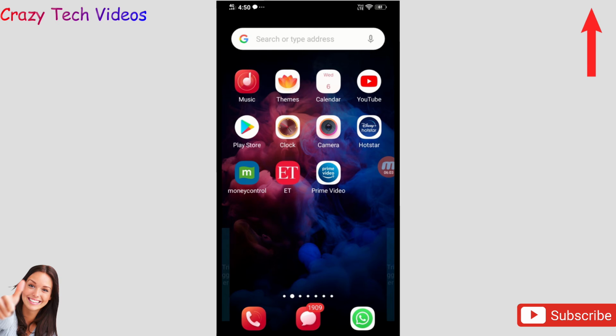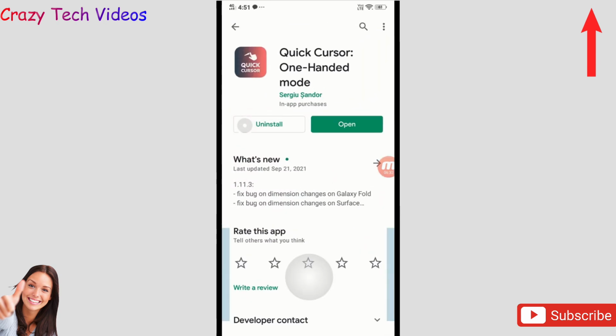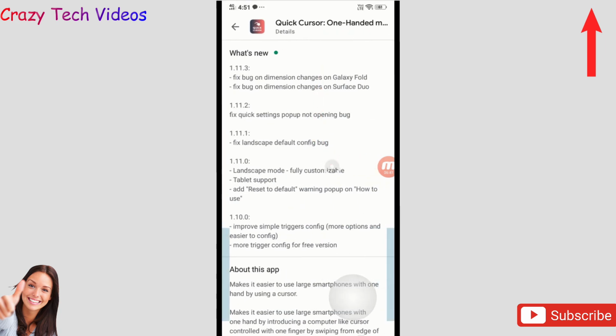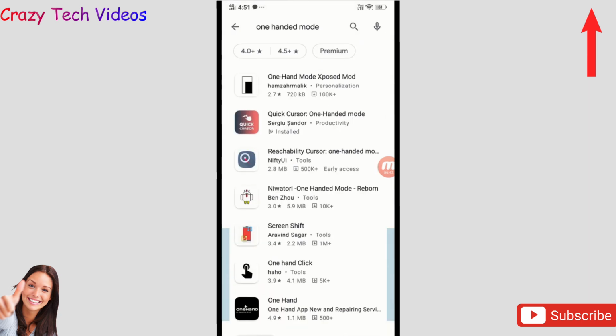Yes, simply swipe on the home screen on the right side, and you will get a cursor. See this? This is the cursor which you will get here, and that cursor you can use with your thumb, and the same small cursor will also move on your phone screen as well. Let's suppose I want to open the Play Store, I don't need to go to the Play Store. I simply use the cursor and click on the Play Store, and my application will automatically open up. Anything I want to click on, I can click with this cursor and it will show me here like this. See this? This is really amazing.